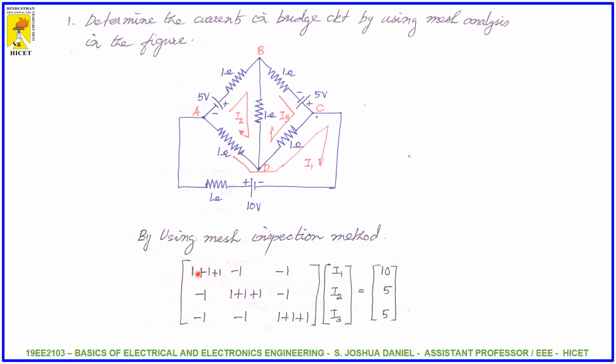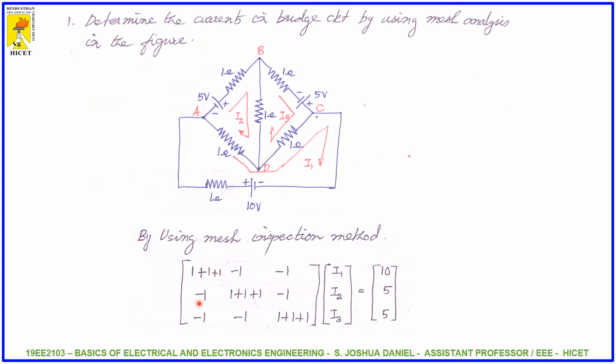So you can see this will be R11, this will be R12, this will be R13. Right? So R11 is the total resistance in that particular loop, 1 ohm, this is 1 ohm, and this is 1 ohm. So 1 plus 1 plus 1. Then common resistor between R1 and 2. This is first loop and second loop. This is a 1 ohm resistor. We are writing it with minus 1. Right? Similarly, first loop and the third loop. Here you have 1 ohm resistor denoted by minus 1.